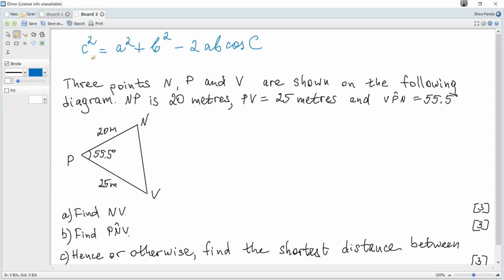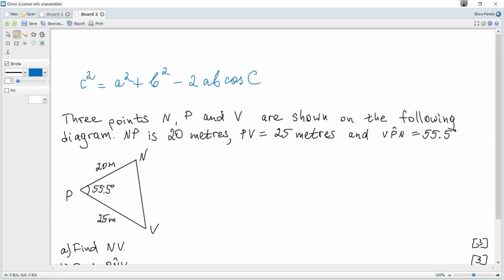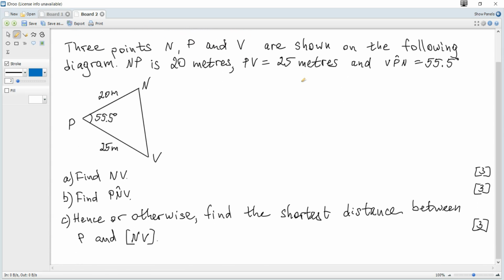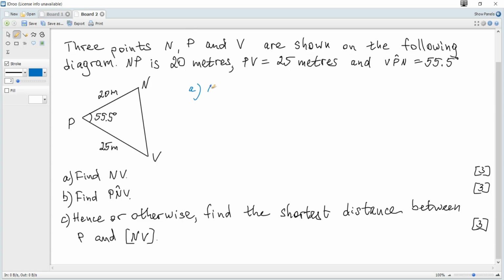It says that side squared is equal to the sum of squares of the two other sides minus 2 times these sides times cosine of the angle between them. Notice that this side and this angle are opposite. So NV squared is equal to 20 squared plus 25 squared minus 2 times 20 times 25 times cosine of 55.5 degrees. Using a calculator,